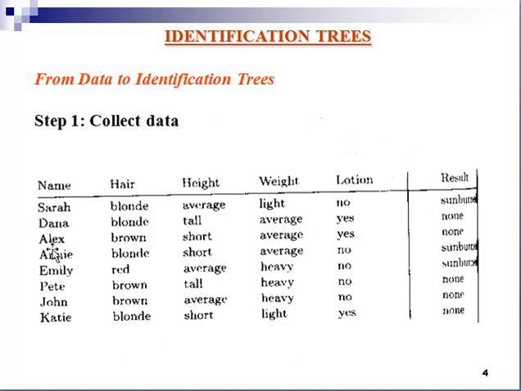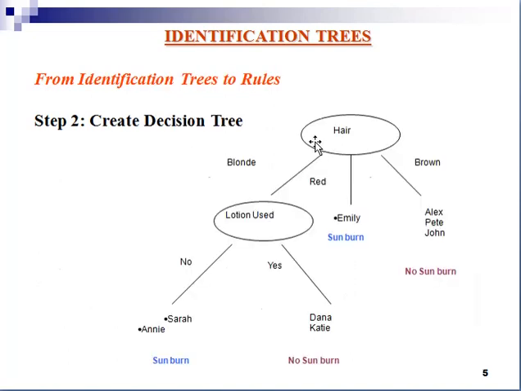You can see here that Alex has brown, Pete has brown, and John also has brown hair. So now only Emily is the one with the red hair, so we are putting Emily here, but we cannot assign